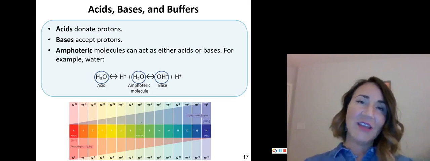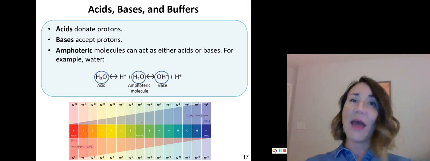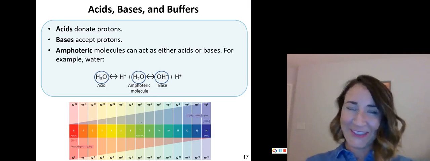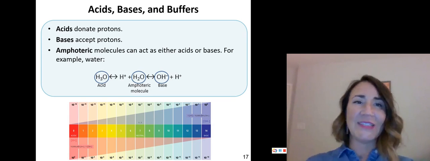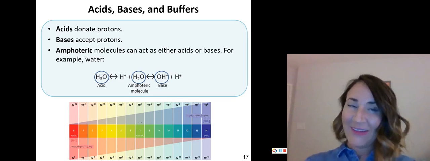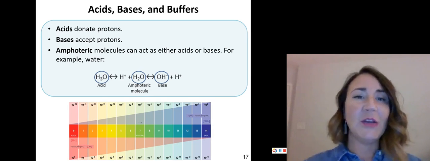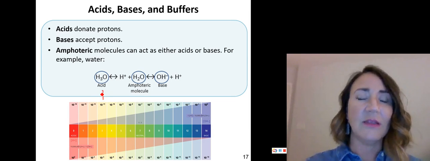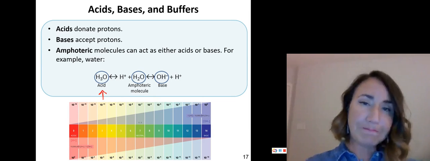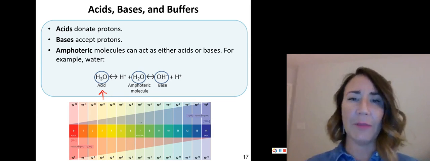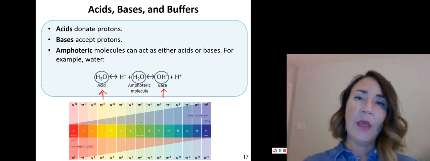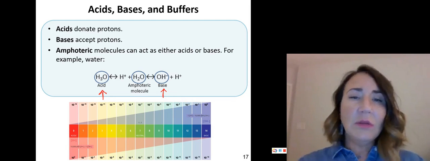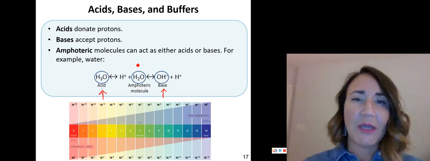All right. So let's switch gears. We're going to talk about acids, bases, and buffers. And so acids are going to donate protons. Bases will accept protons. And so that makes them unique. So here we have acids, and this is a hydronium molecule. Over here we have a base that is a hydroxide molecule. And so in the middle, we get to neutral pH, which is 7,